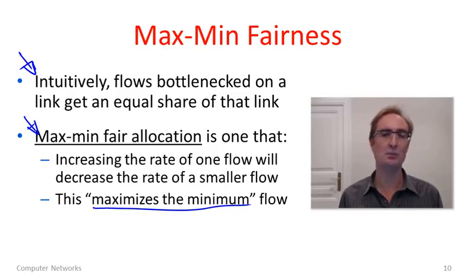But if you come up with a point which has that allocation, then it will be the case that you have maximized the minimum flow. And then for the second smallest flow, you've also maximized what it can get out of the rest. And for the third smallest flow, you've then maximized the amount it can get out of the rest of the network, and so forth. We're going to look at an example, and that will hopefully make some of this strange concept just a little clearer.